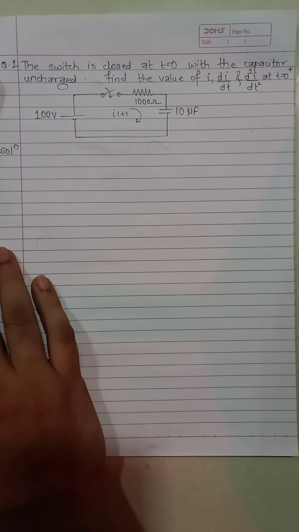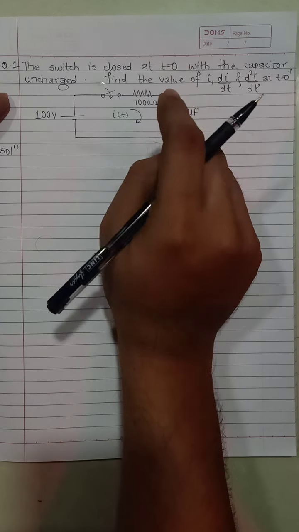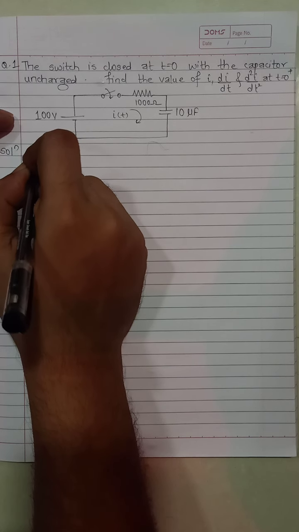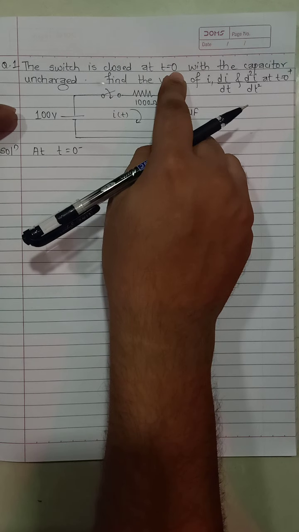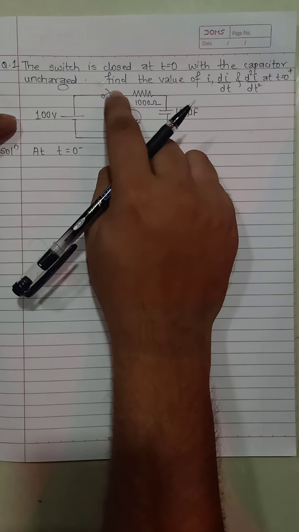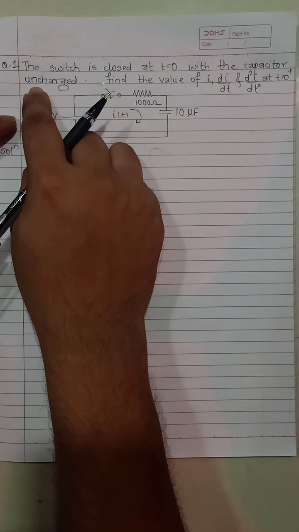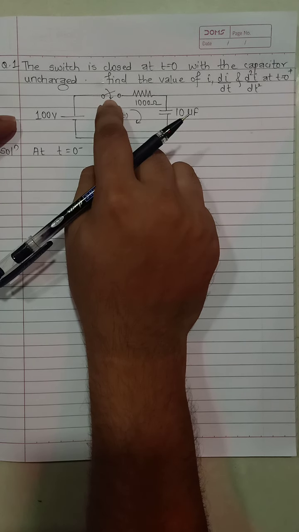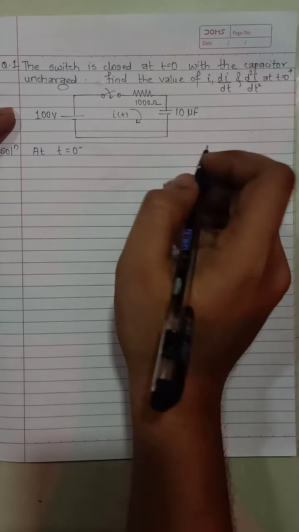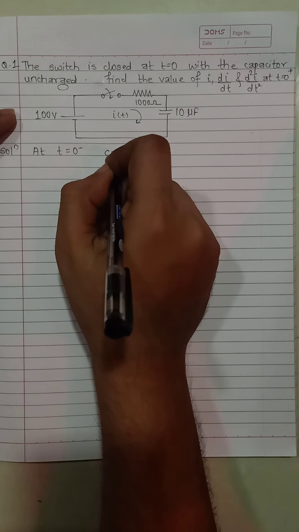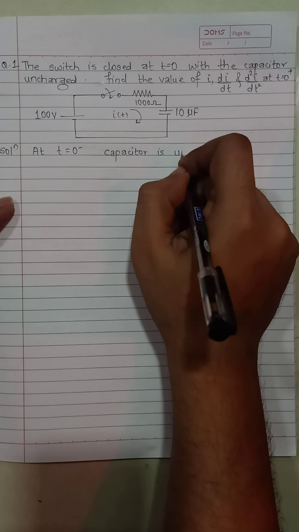Now in this type of problems we need to do analysis for t less than 0, then t equal to 0. So let us start with t equals 0 minus. The switch is closed at t equal to 0, that means for t less than 0 the switch is open. When the switch is open, they are telling that the capacitor is uncharged. So we can say the capacitor is uncharged,